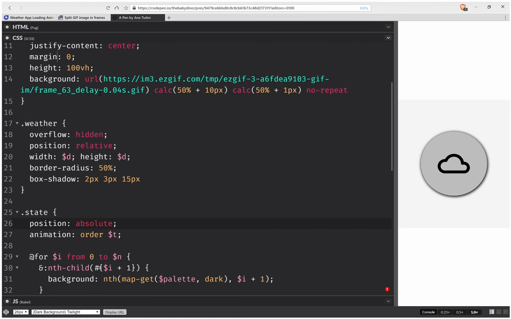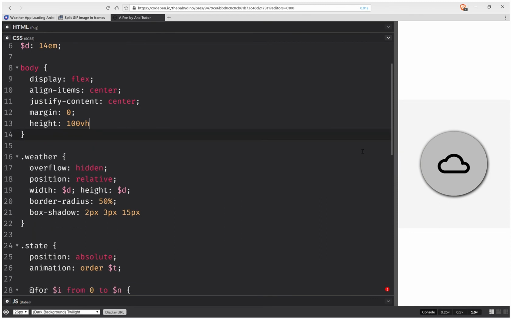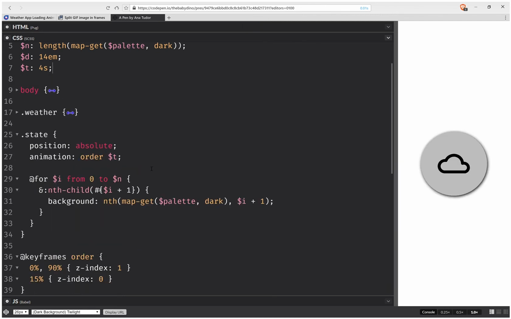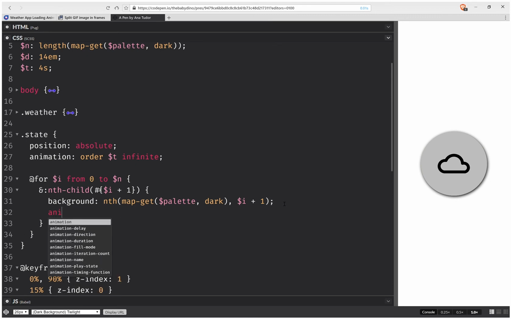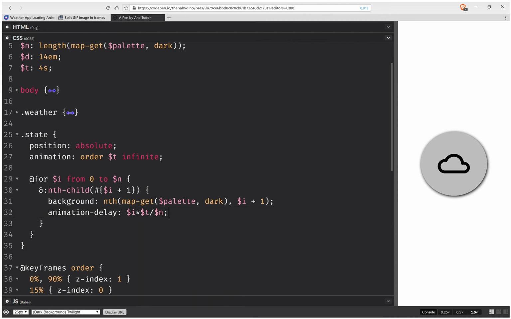So I have 0.04 seconds delay, which means that, let's remove the background from here, which means that I'm going to have an animation duration of almost 4 seconds. So let's say 4 seconds. Let's collapse this, and now I go to here, and it's going to be infinite, and here I'm going to set an animation delay, and this is going to be i times t over n,